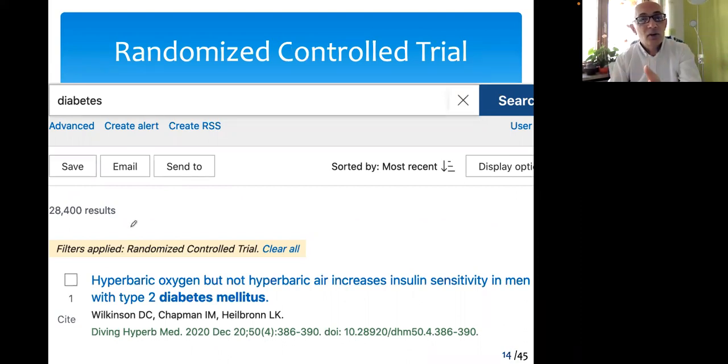But you may also do a randomized controlled trial in a laboratory on cell cultures or on animals, doing an experiment on animals. Randomized controlled trials are experimental study designs, and they have a control group, at least one control and one study arm. And the objective is to compare a new intervention with